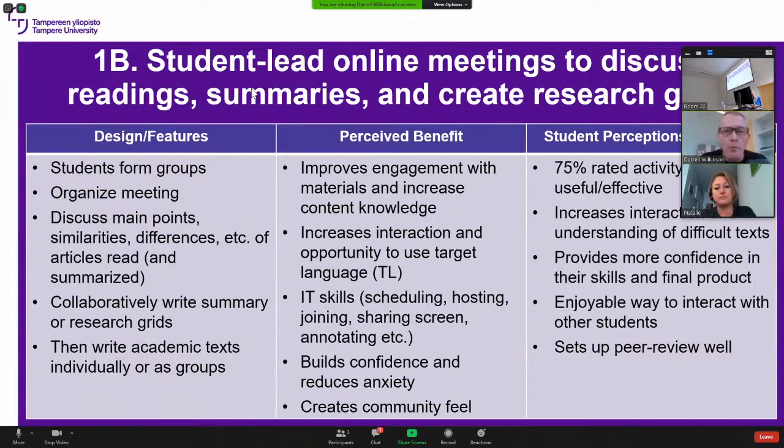So again, they formed groups, organized groups, and then compared their ideas, compared their texts, and then quite often they collaboratively wrote a summary or constructed a research grid, which would then be used in their academic writing later on in the course. Again, the same sort of perceived benefits overall: increased engagement, interaction, target language use, IT skills, community feel. But we also thought this might build confidence and reduce anxiety, because students are reading quite complex academic texts